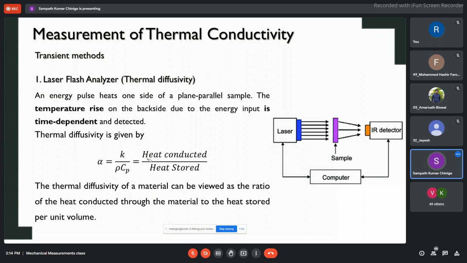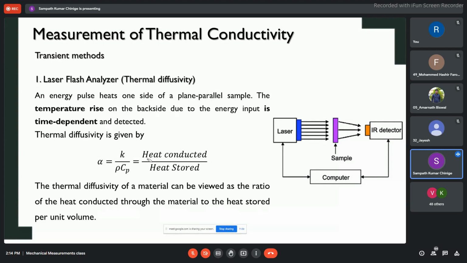The next topic is the transient method. We will be looking at transient measurement. As I told you, what do you mean by a transient measurement? Just one side of the material, if you are varying its temperature suddenly, in a very short period of time, how is its thermal conductivity varying? Because it is not at a steady state, the temperature is varying, therefore K is a function of temperature, so it automatically also gets varied. In some applications, you may have to find out the varying thermal conductivity also. So how do you do that?